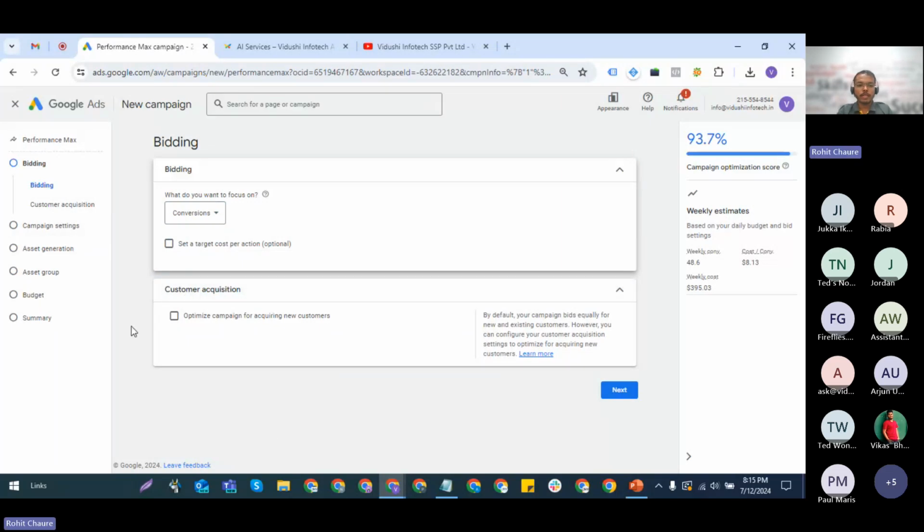Third is customer acquisition. As of now I have not unchecked it, but initially this is a new campaign, so we don't have much data for it, and we do not have any user pattern or purchase behavior. So